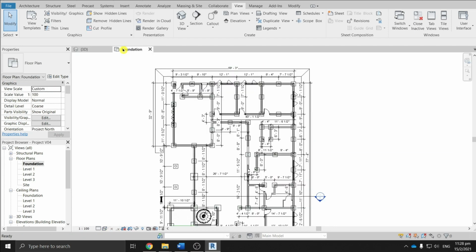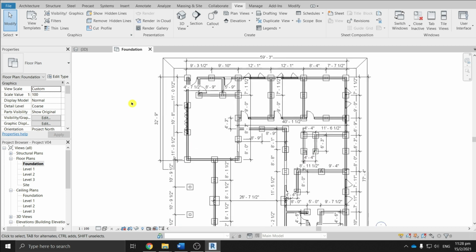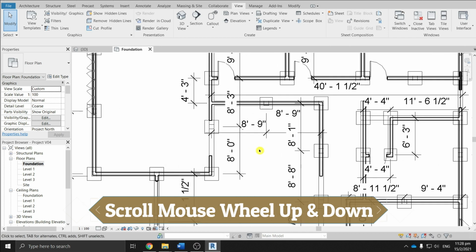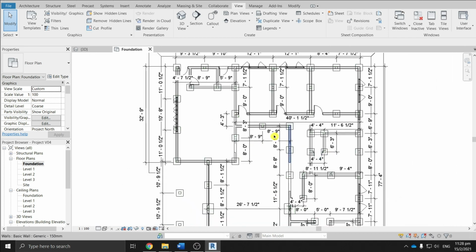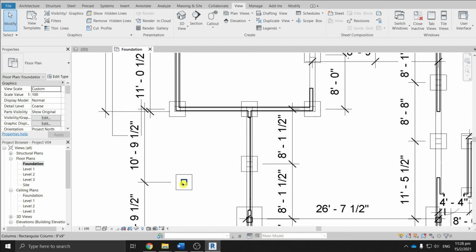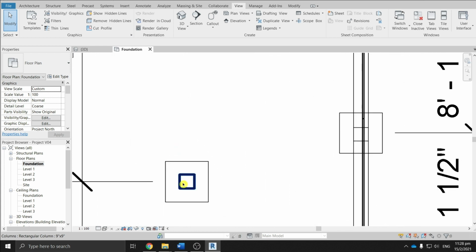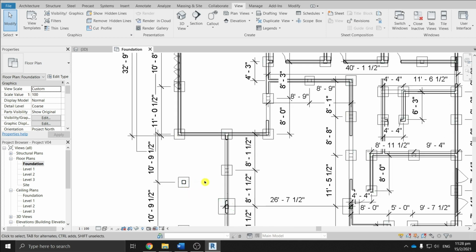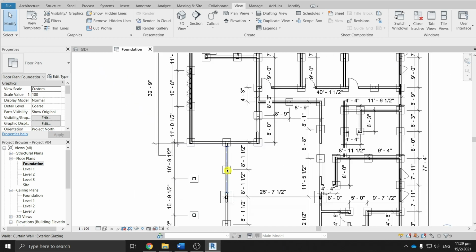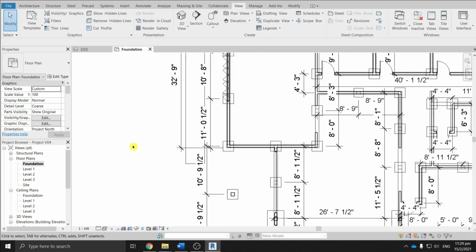When you want to see a particular section more clearly, you need to enlarge that area. This is called zoom. To zoom, you just need to roll up the mouse wheel and roll down to zoom out. As you can see, when you zoom in, it focuses on the location of your mouse pointer. And when you place the mouse pointer somewhere else, the focus of the zoom changes to that point. So it is easy to zoom anywhere you prefer using the mouse wheel.